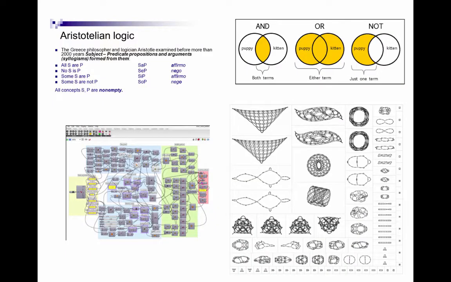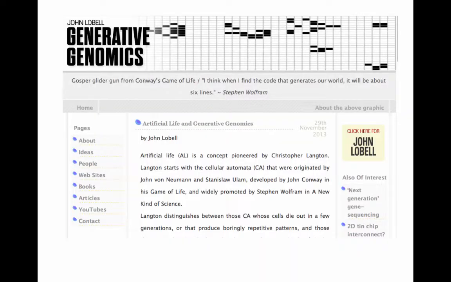So we have used logic systems like Aristotelian logic and Boolean logic, but what happens when we start looking at the software our students are using, like Grasshopper on the lower left, suggesting totally new ways of thinking? Or on the lower right, we're looking at Stephen Wolfram's universe of possible universes, and he generates universes of possible logics. So this kind of thinking about totally new computer architectures could suggest not only new ways of making, but new ways of thinking. I try to track this on my website, Generative Genomics.